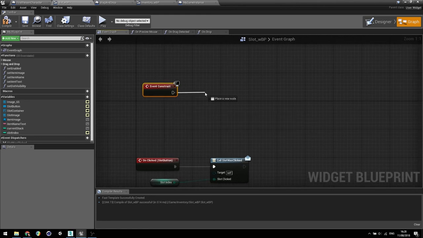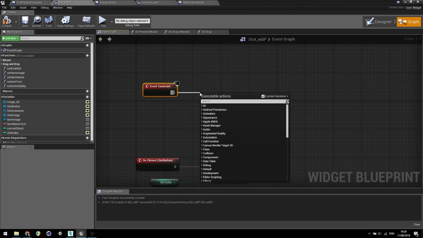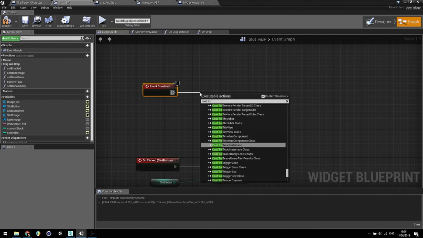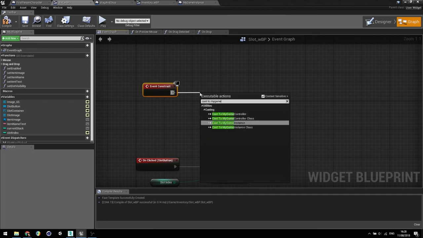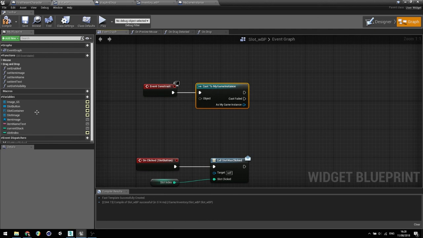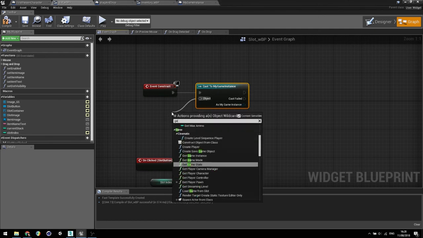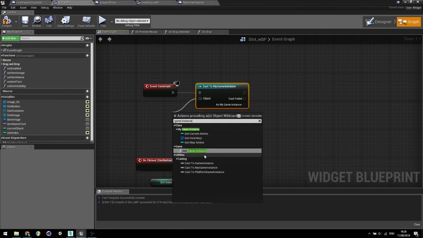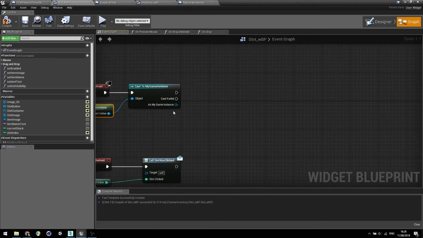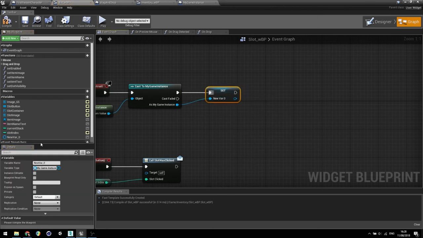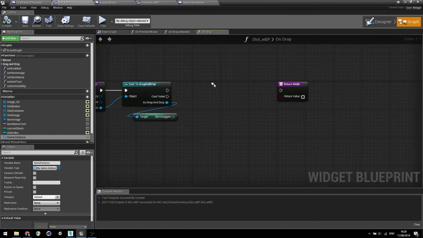From event construct, we want to cast to my game instance, get game instance from here, and from my game instance we'll promote this to a variable which we'll call game instance. There we go. So just compile that and jump back into the onDrop